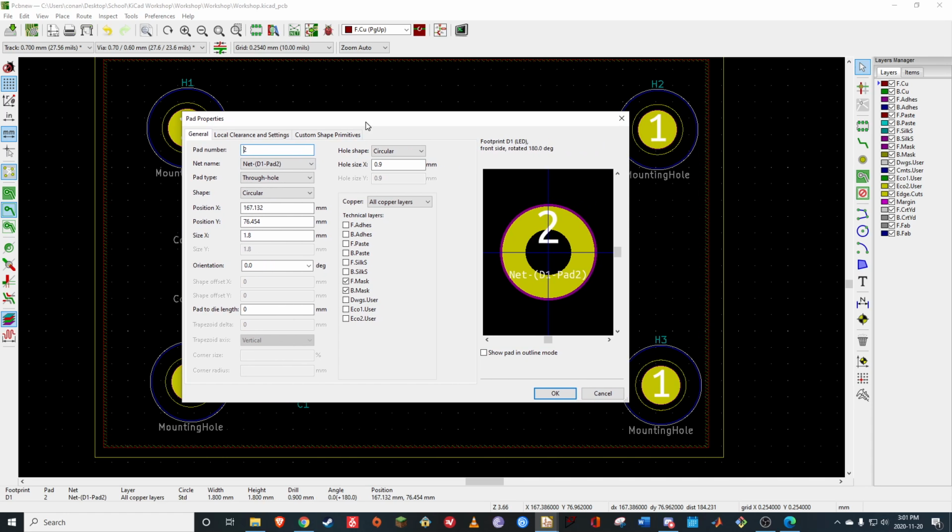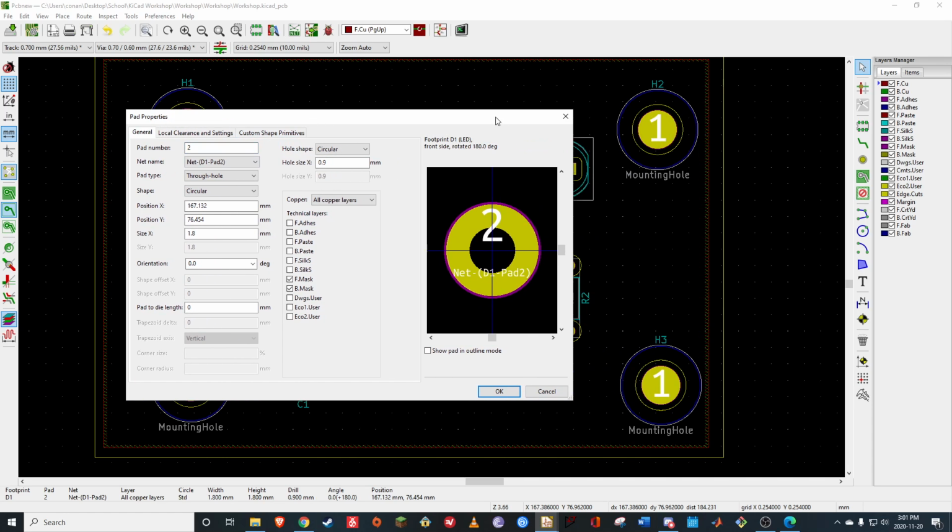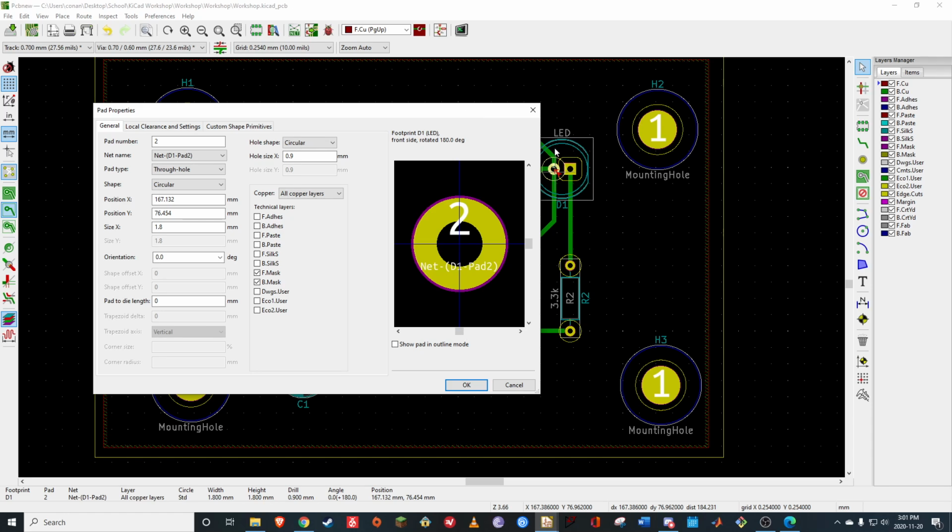There we go. So you want to change the properties of the pad, not the LED. That's a mistake I was making. So I already tinkered with this a bunch, and I know that if I make the diameter 1.2 on this pad,